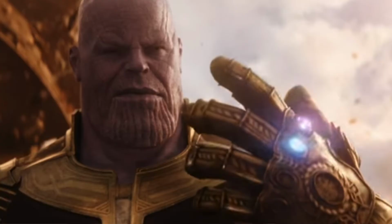I just love how he places it into the glove, because his hands are so big, with one of the most powerful, probably the most powerful objects in the universe. They're just little things, grains of sand to his big hand. We see he already has the Power Stone, the Purple Stone, so we know that he's already been to Xandar